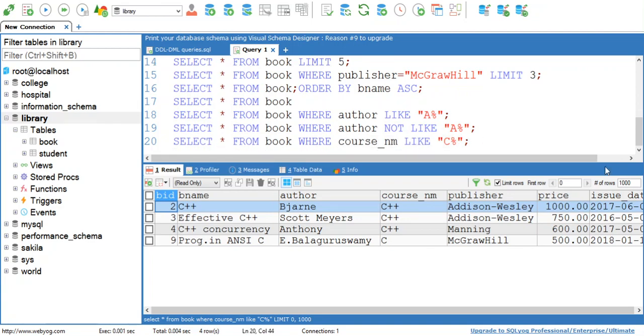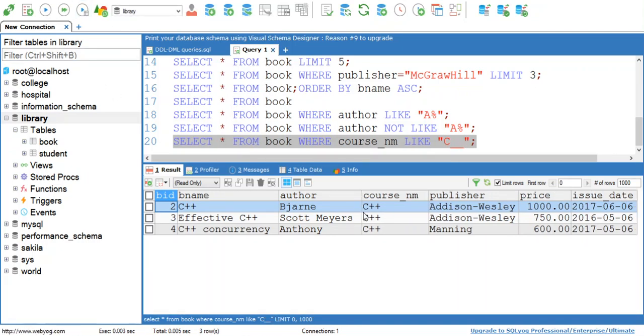Now if I write select star from book where course name like C and then two underscores, instead of percentage I have used two underscores. I have modified my query like select star from book where course name like 'C__'.